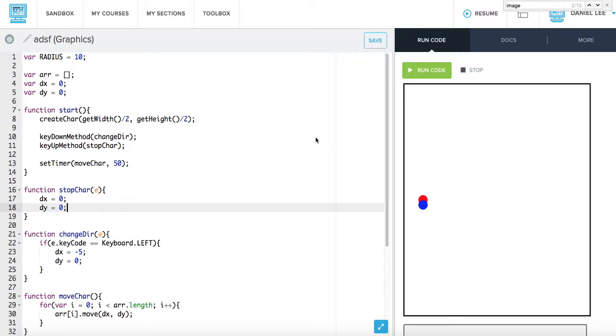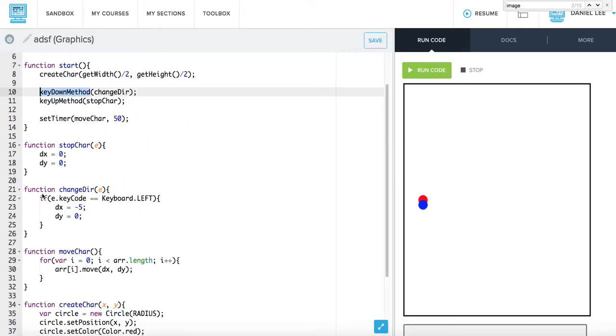So a second element of the game that you might have, and a lot of people choose to have, is the character shooting a bullet, right? So how would that go? Well, the triggering event would be a key being pressed, right? And usually the key is space, and so we're going to be working right here on the key down method,